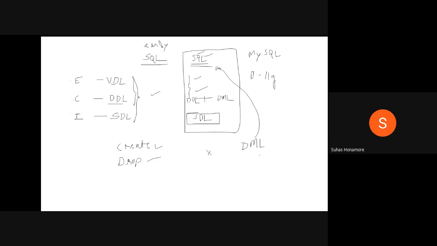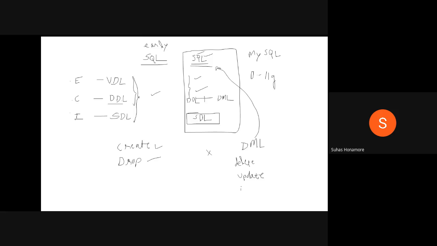What all commands are there in this? The delete command. What it will do is, normally you have the table, and you are deleting only the content, you are not removing the entire table. Then the update command. Whatever content is there, you want to modify it, maybe just one column, one value you want to modify.